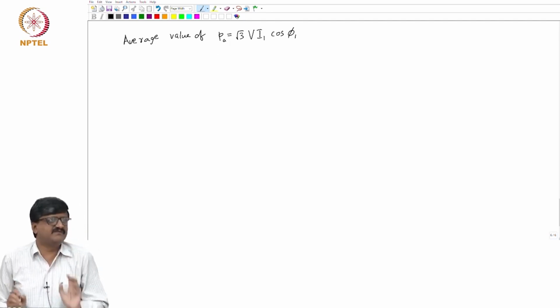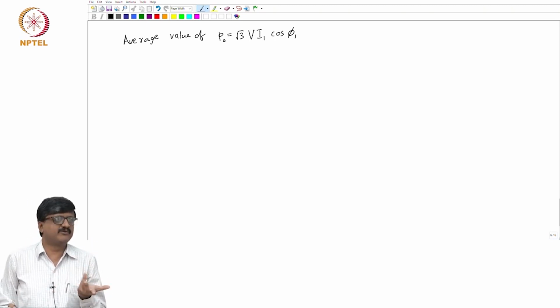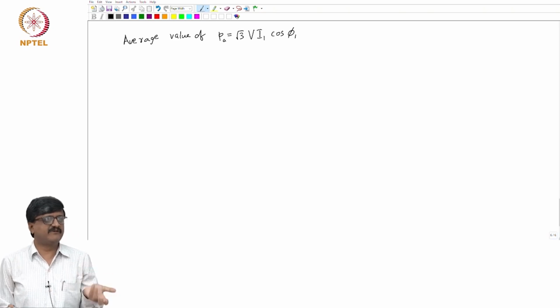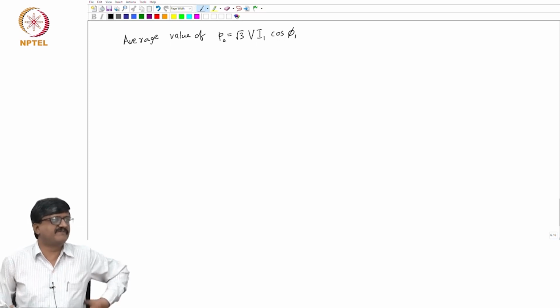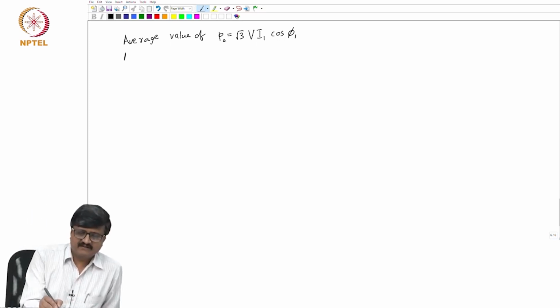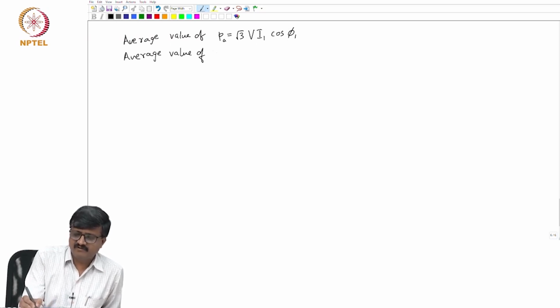This is something which you are all familiar with. Suppose I had only fundamental current, this is the expression for power: root 3 into line voltage RMS into line current RMS into cosine of the phase angle difference. This is a well known expression. But in addition to the fundamental, there are harmonics, but I am ignoring the harmonics because they do not contribute to power. Similarly, if I take the average value of PD,